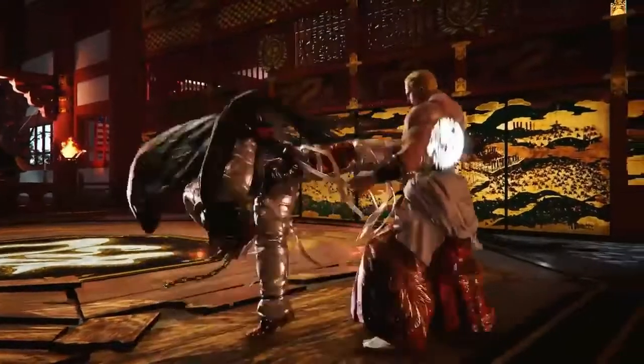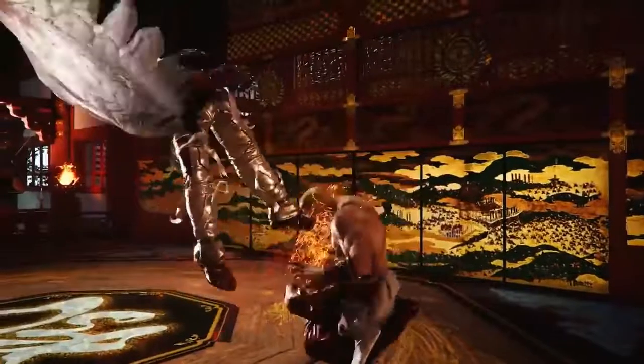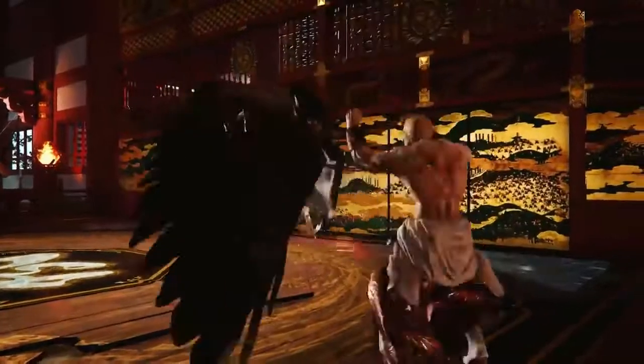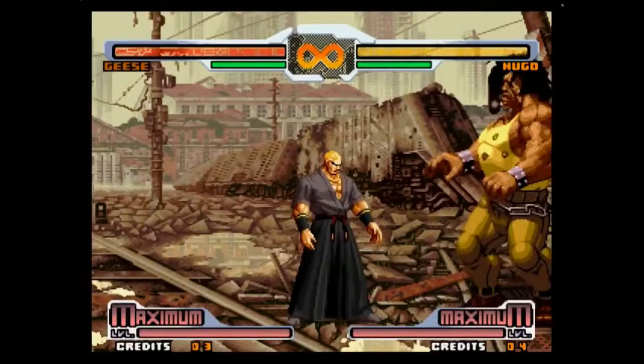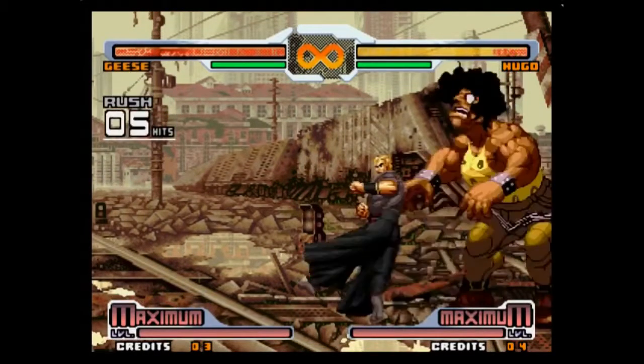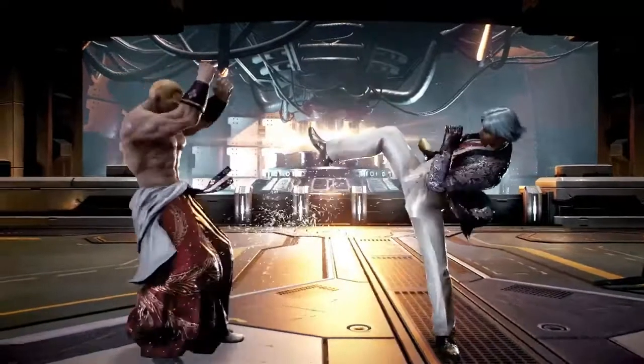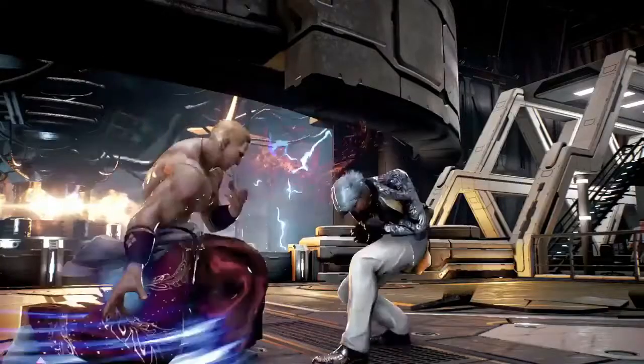So usually, Devil Jin's flying techniques are punished by a delayed hop kick, but it looks like Geese has his own 1-2 air style punish, which is then comboable after the initial hits. It's also a staple move that he's had in past games, so it's great that it has a specific use in Tekken 7. So this to me looks like it would be some sort of down forward 2 into a